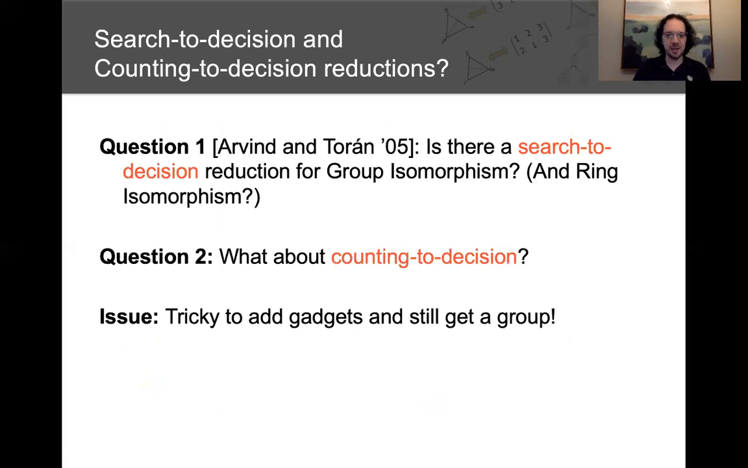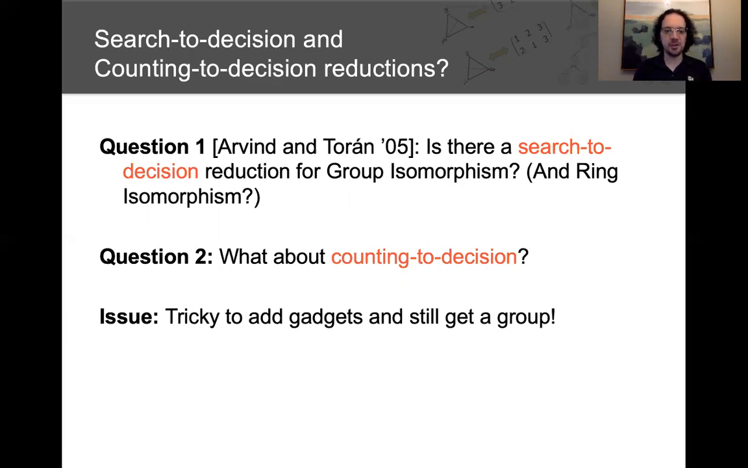And you could ask, in the context of group isomorphism, do you have the same thing? And in fact, Arvind and Toran in 2005 did ask this. They asked whether there's a search to decision reduction for group isomorphism. They also asked for ring isomorphism. It's also fairly natural to ask about a counting to decision reduction,